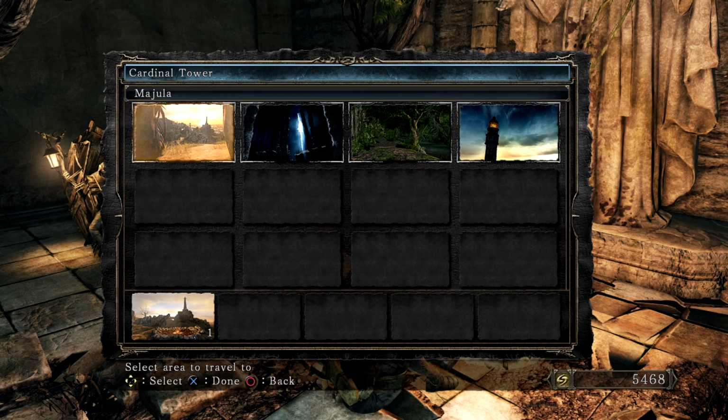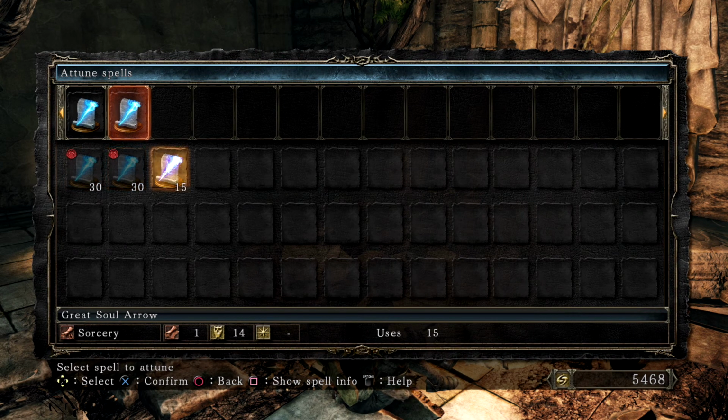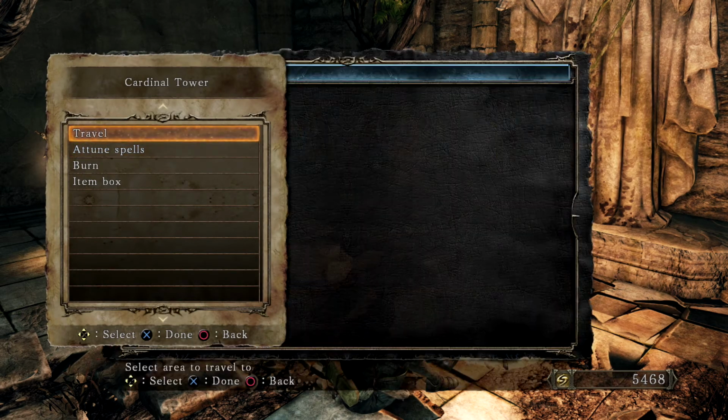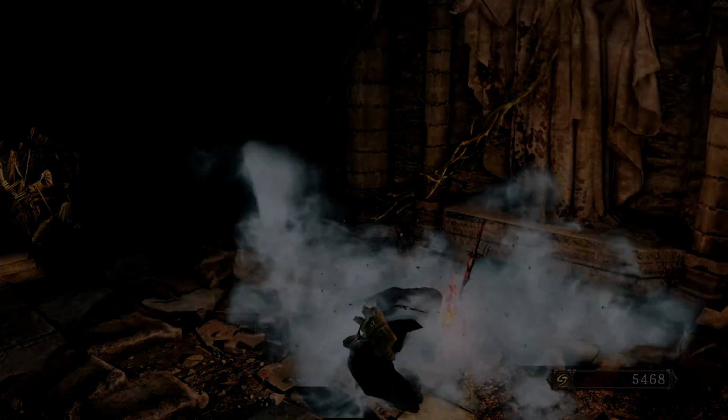Grab quite a few useful things. I'm gonna go ahead and unequip one of the soul arrows for Great Soul Arrow, since we don't have a third slot yet. Go back to Majula, and